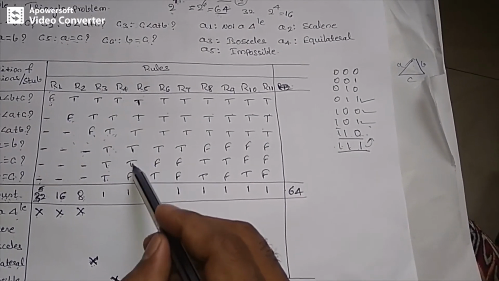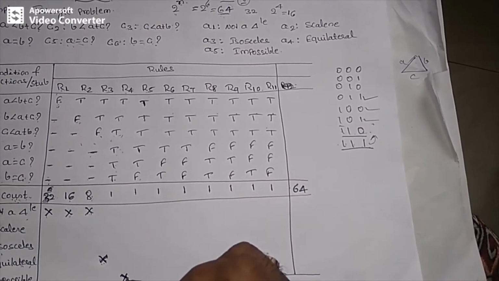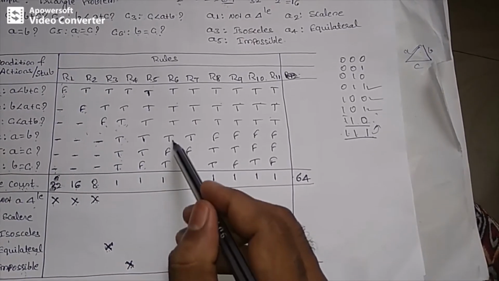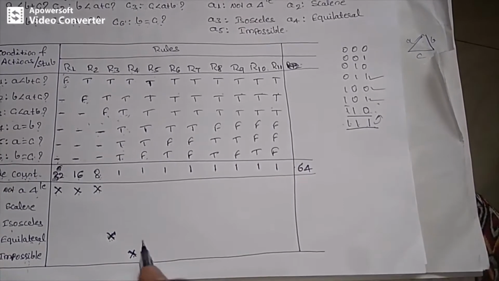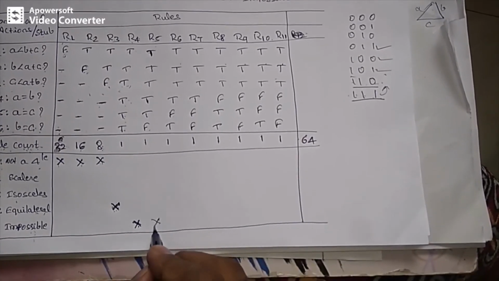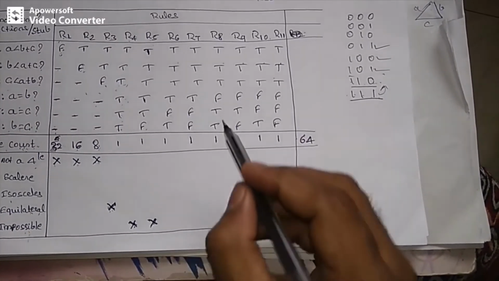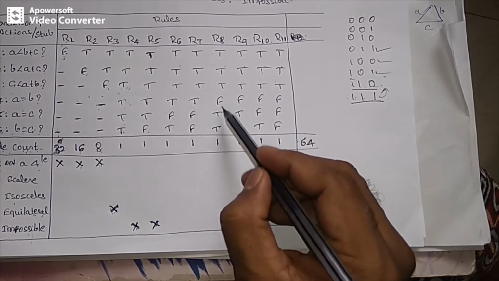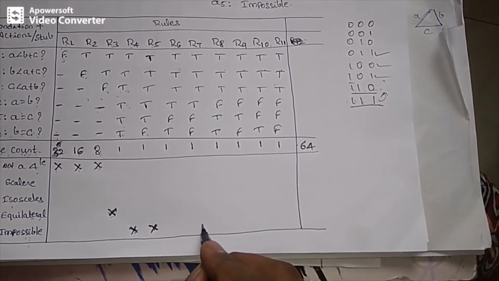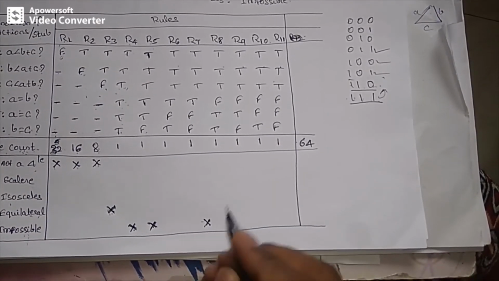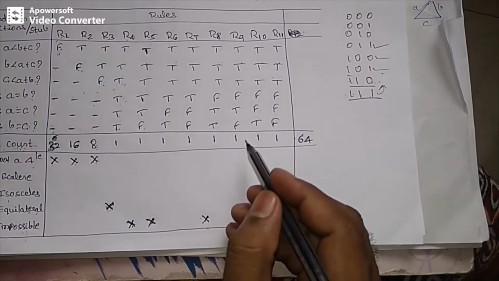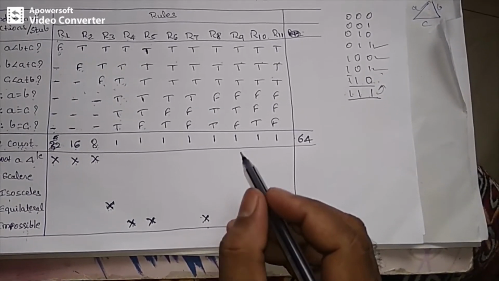Here these 2 are true and 1 is false, therefore I am getting impossible. Here also these 2 conditions are true, this condition is false. Once again I am going to get the output result impossible. Next, here these 2 are true, this one is false, therefore once again for this combination I am going to get impossible. I think all of you have understood.